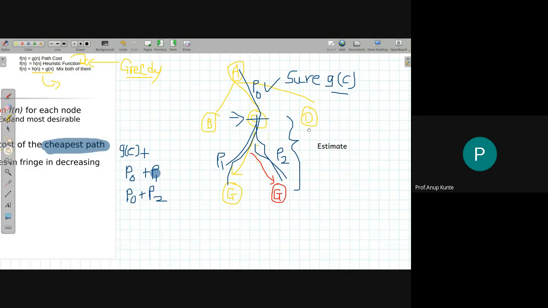And that's why, to correct that issue, what we do is we mix the known thing, the sure thing, which is the path cost I have already incurred. I mix it with the heuristic value in order to get the f of n value, and this might be something like a correction factor. So the estimate might be a wild estimate, but the cost is the thing that I have already surely paid so far. So I'm mixing both the things, and I'm mixing it throughout the calculation.